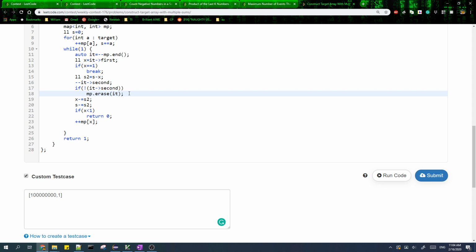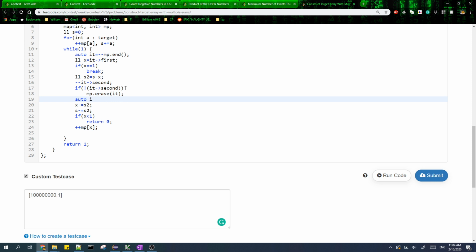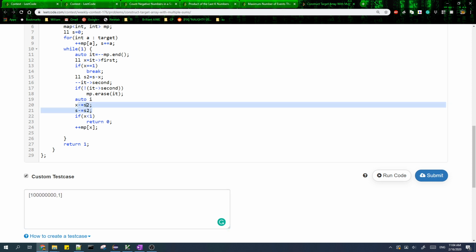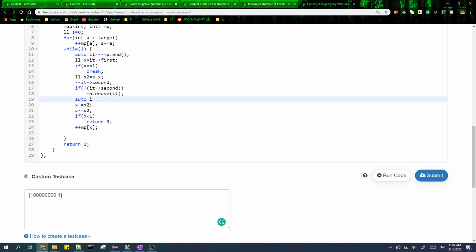So that means we need to find the second largest element in the array. And then basically, instead of using a subtraction, we'll subtract a multiple of S2 so that I can do this fast enough. But then the largest number will still have to be greater than,